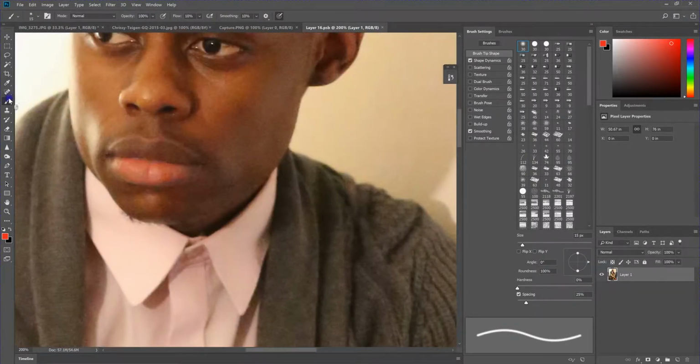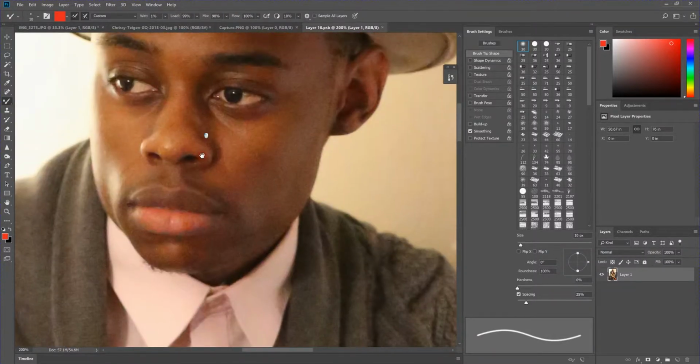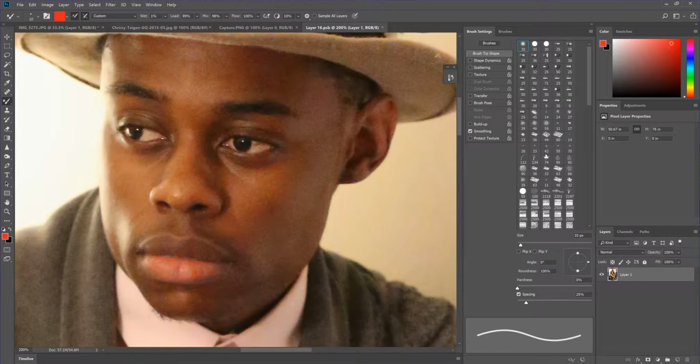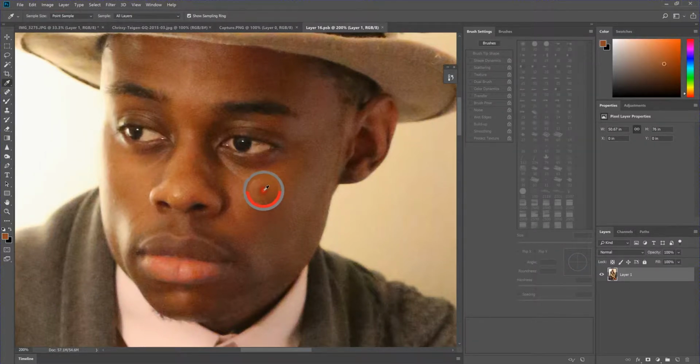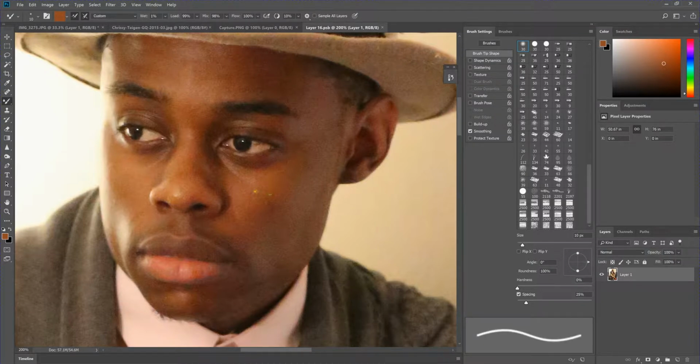When I get to this, I want to just clear up the skin a little bit. Not that there's anything wrong with it, but just good to make it look good. I didn't have a makeup artist to put makeup, so